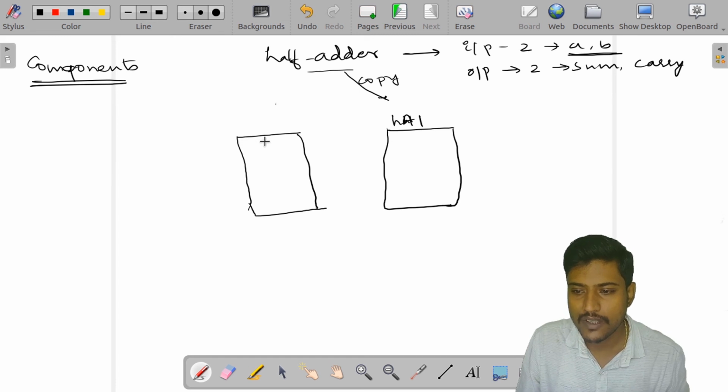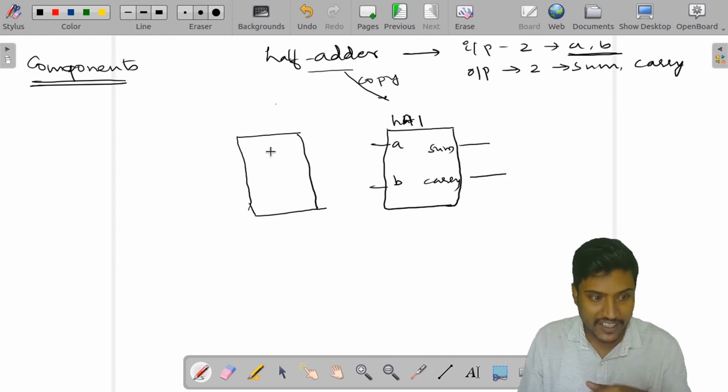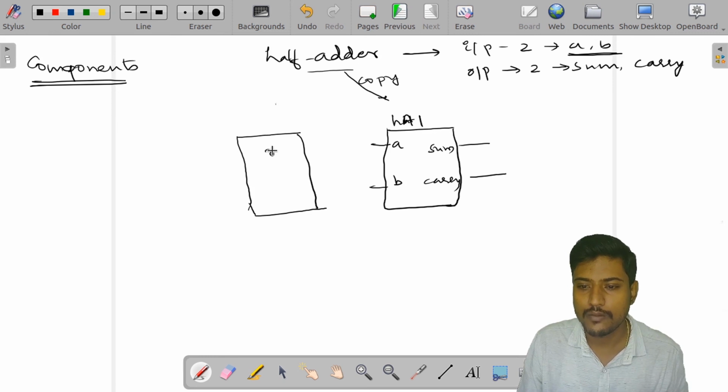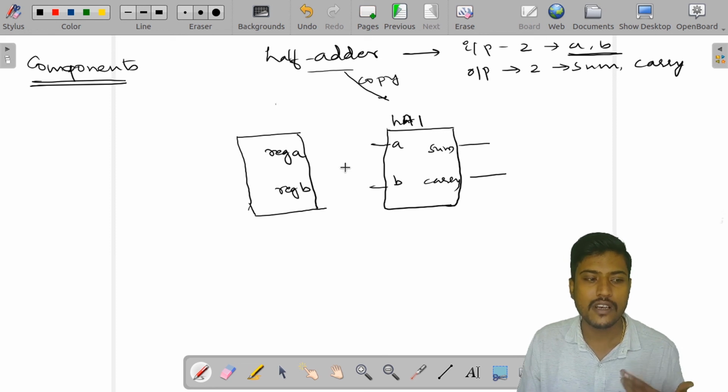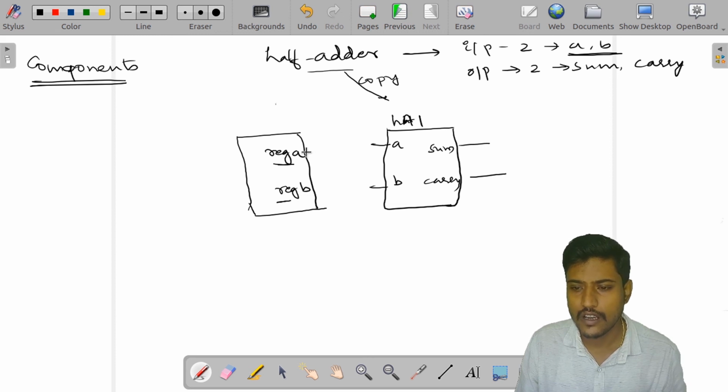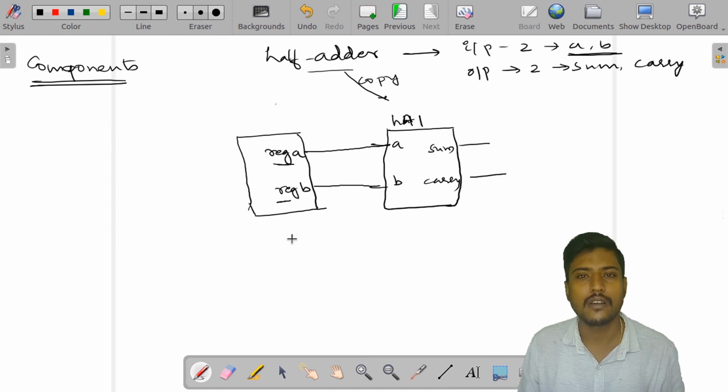So, in this test bench environment, this is the block. Let me call this A and this B, and I have sum and carry, which are outputs. Okay. So, I need to drive the inputs over here. So, I will be having two different registers, A and then one more register B. Since I am generating inputs, I need registers in order to generate the inputs. So, I will be creating two different registers and I will name them A and B itself. And these registers I am going to connect to A and B.